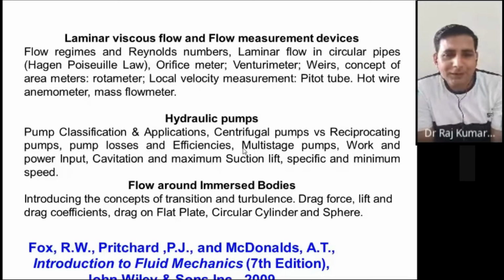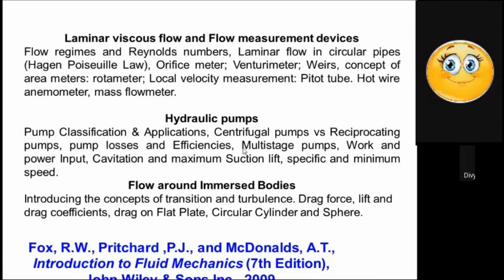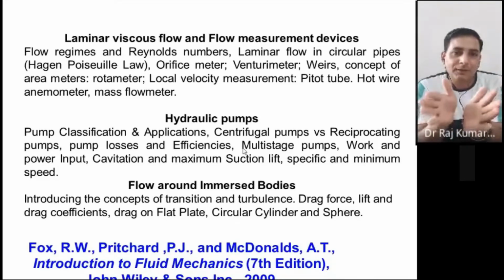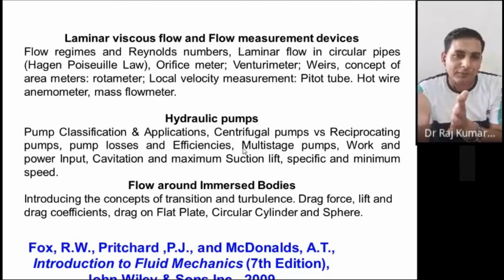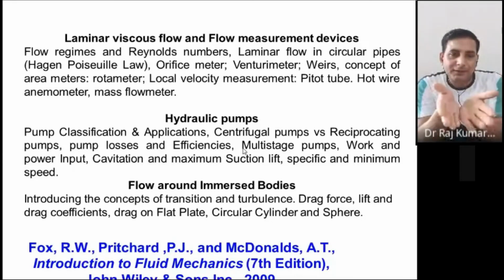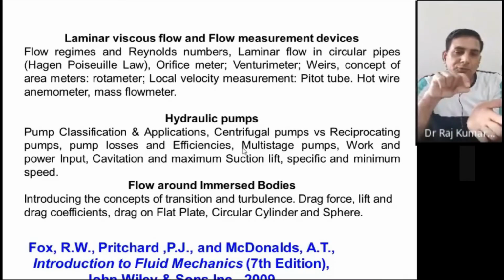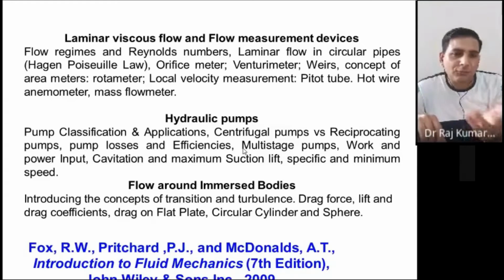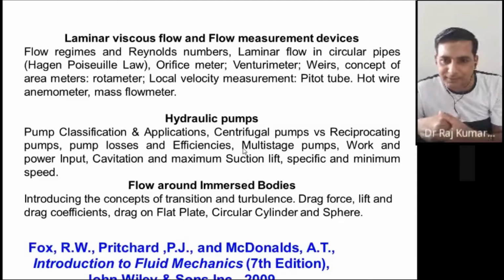You have seen it in canals. Most of the time, in the canal where the gate is, where they supply the water to the farmers, they have a V-shaped type of thing, and it is marked there 2000, 10,000 LPH, liters per hour, or sometimes cubic meter per hour. Those are called weirs actually. Those are used to measure the flow rate in open channels.